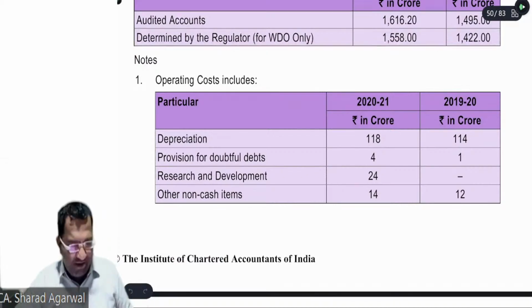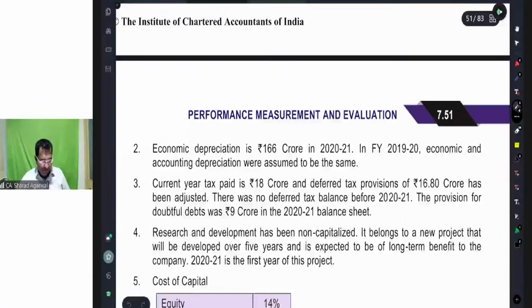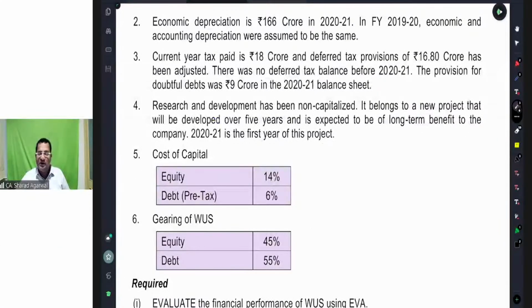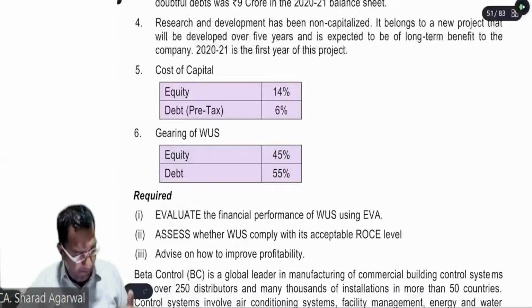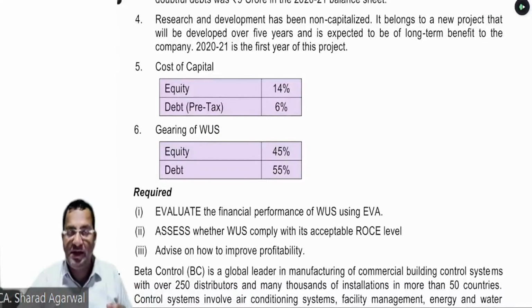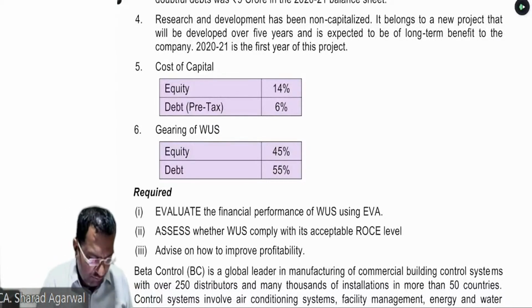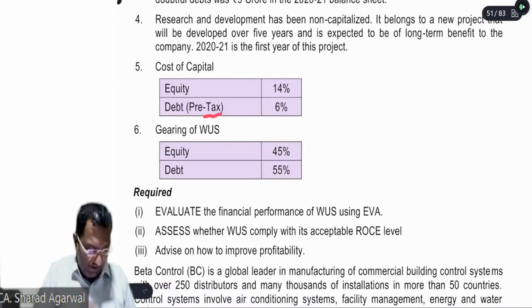Then second point is related with economic depreciation. Third point is related with tax, and we have already written in our copy that under EVA, only and only the tax paid in cash will be considered. Tax paid on accrual basis will not be considered under EVA as per Stewart and Company. Fourth point is related to R&D. Fifth point में आपको यहाँ पे cost of capital दिया है, but mind it बेटा, जो debt का रेट दिया है वो प्री टैक्स दिया है, जबकि हमें वो आफ्टर टैक्स चाहिए, और कितना कितना रेशियो है इक्विटी का ये दिया है ना.